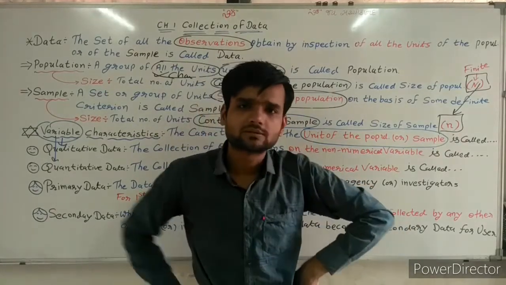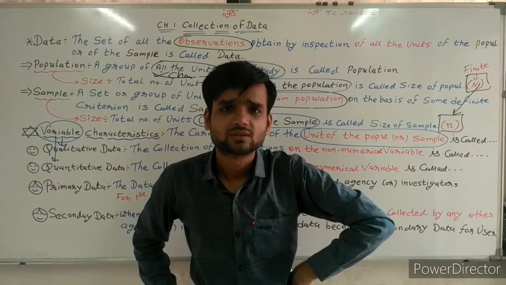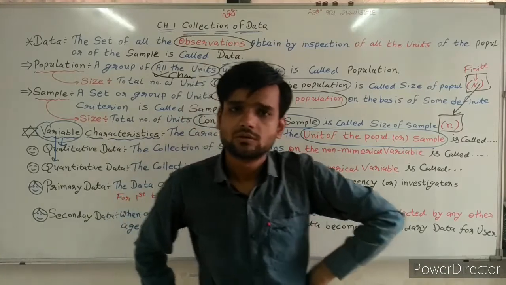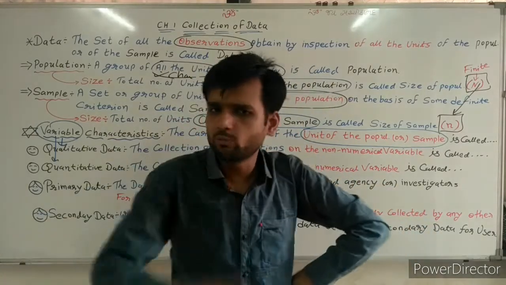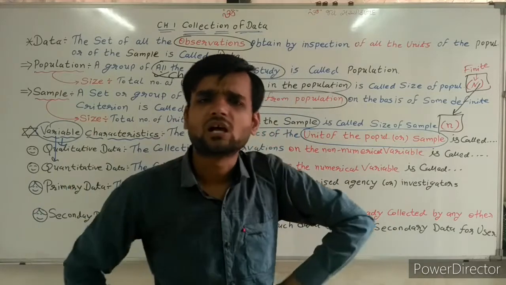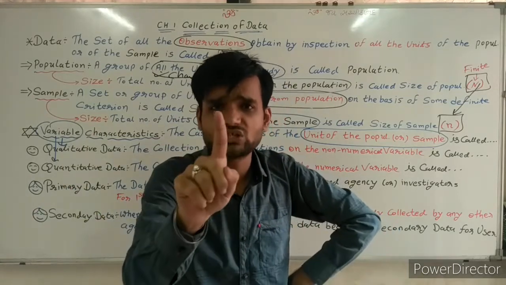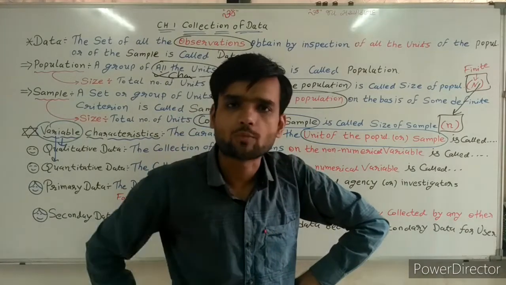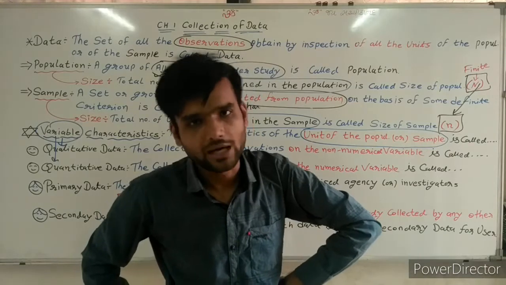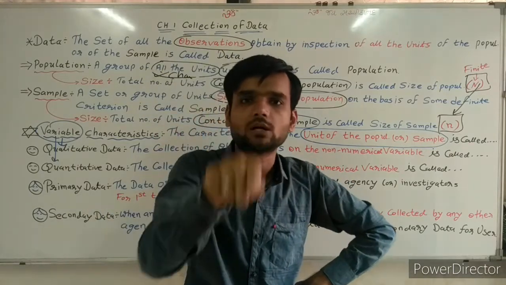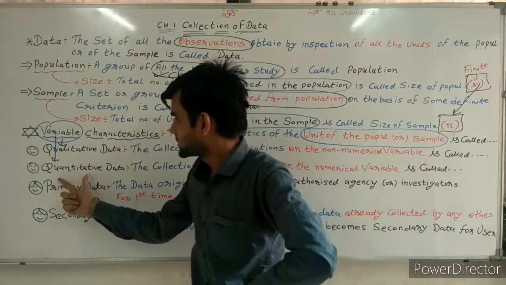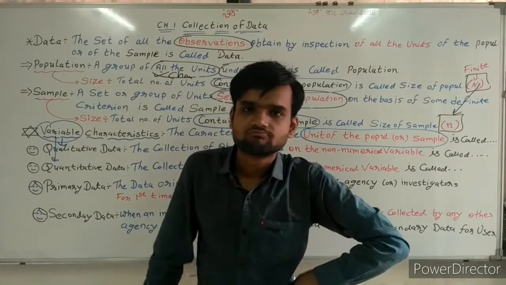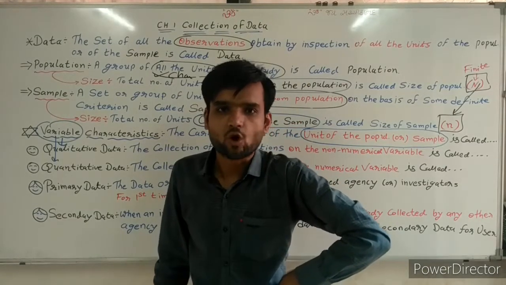Suppose you are purchasing something from the market. Suppose you are going to shop and asking for sev mumra. Give me 1 kg sev mumra. You can say 1 kg because it can be measurable. If you are going to milk shop, 1 liter milk I need. So 1 liter can be measurable. So which can be measured is called quantity. Which cannot be measured, that is quality.